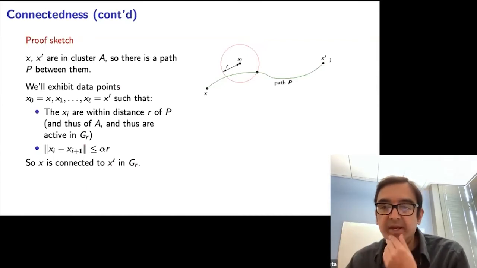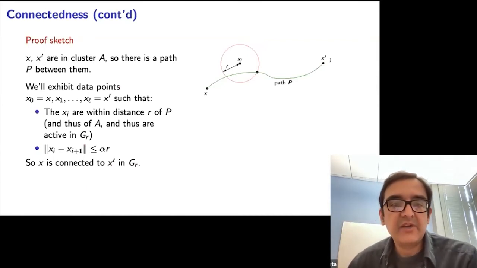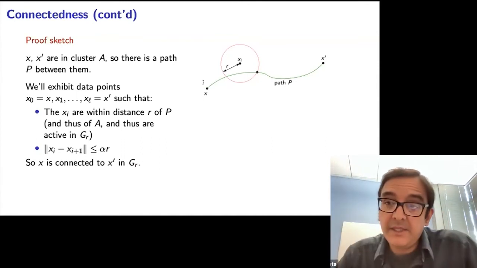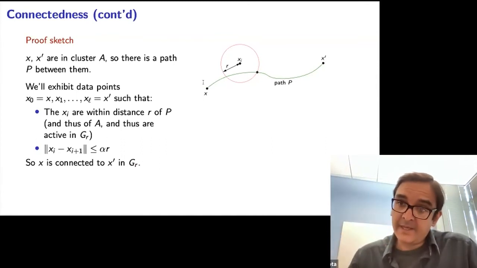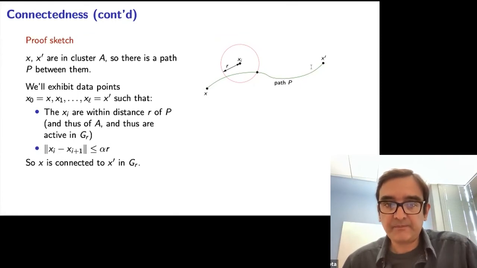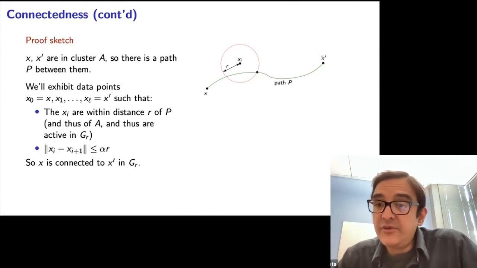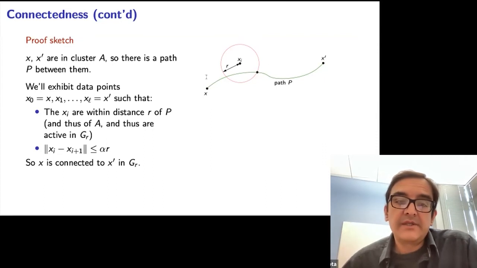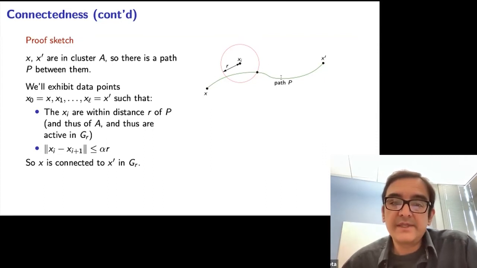And so this is an argument about connectivity. So here are these 2 points, x and x prime. And they're within the same region A. And so there's a path in that region that connects the two. There's some path P. But we have to connect the two using data points, okay? So we want to find a sequence of data points that connect x to x prime, such that any pair of consecutive data points are just within distance r square root 2 of each other, okay?